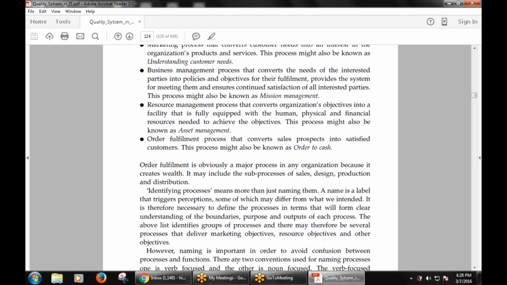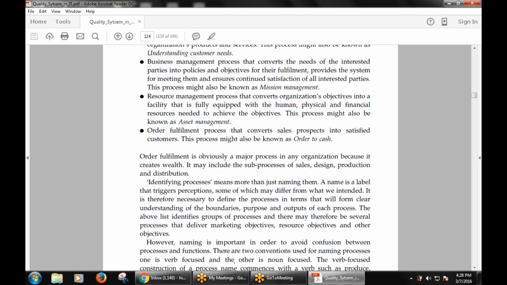Order fulfillment is obviously a major concern in any organization because it creates wealth. It may include the sub-processes of sales, design, production, and distribution. Identifying processes means more than just naming them. Now, what is a name? A name is a label that triggers perceptions,